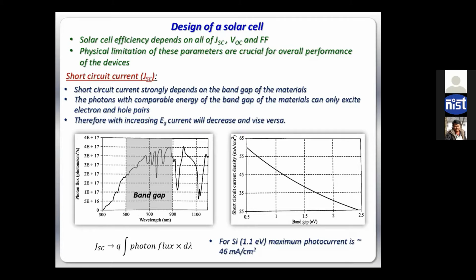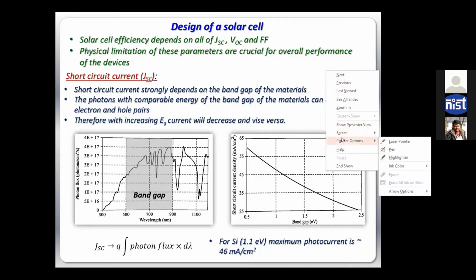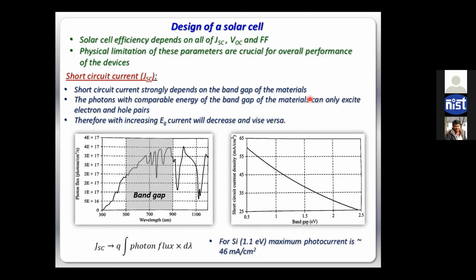Now, fundamentally, try to understand how this current is produced. Basically, one photon comes with sufficient energy, sufficient energy meaning more than the Eg, and that produces one electron hole pair. Then we separate that electron hole pair and collect the electron and hole as free charge, and we have current in our hand, right? So what is the fundamental limitation of this? The absorption of photons, right? The more photons you can absorb, the more JSC you can generate.